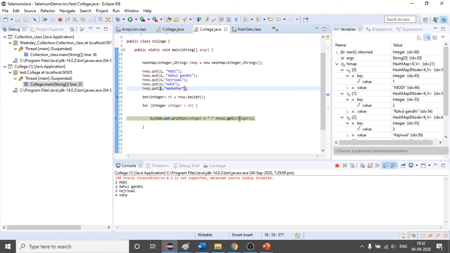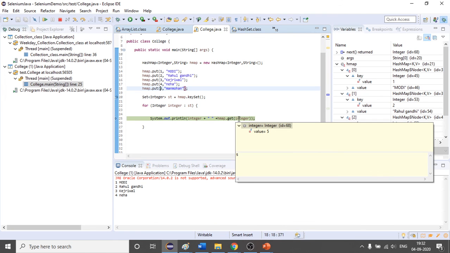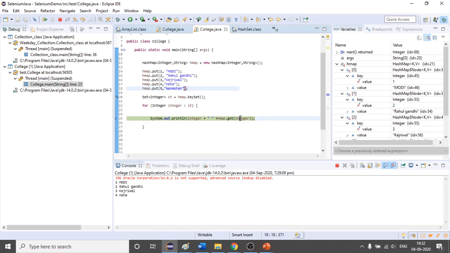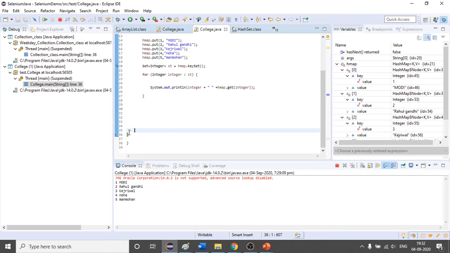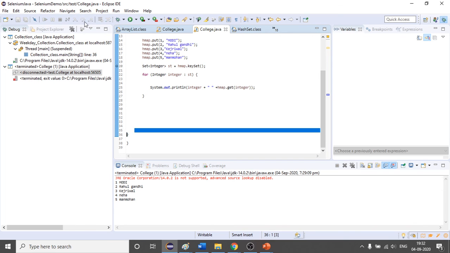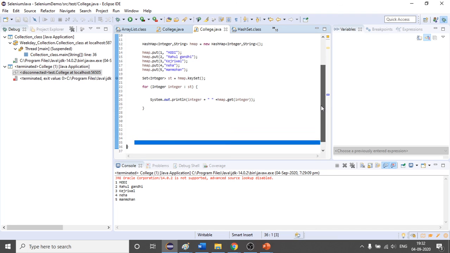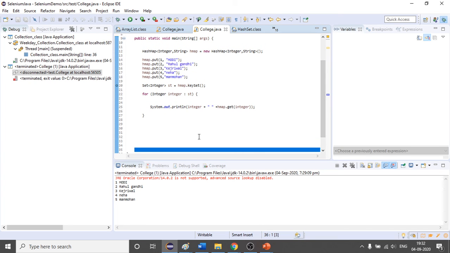So get me the value present at the key 5. This value will become 5 at runtime. After that it will print 1 more, and then we will come out of this for loop and our program will end. So this is how it is working. I have shown you in debug mode so that you have better clarity over the concept.